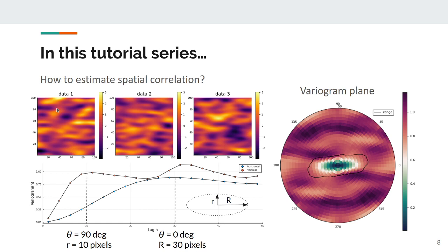So suppose you have some images of some variables or features that you're looking at, say from satellite or from some other measurement device, and you want to address the question of how much correlated is one pixel here to the nearby pixels. You observe that this image here is very